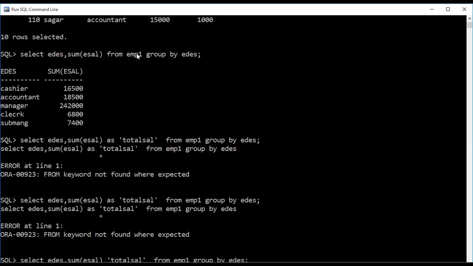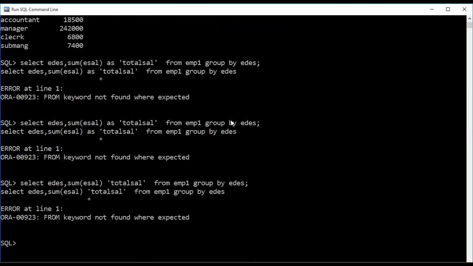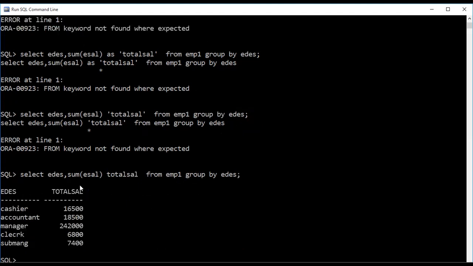Some versions support some types of syntaxes, so maybe this version is not supporting this syntax. Simply write the name by giving a space and a new name, as I told you earlier. So what are you getting here? Total salary. So this syntax is not working in this version. If you want to rename any column temporarily, write SUM(e_sal), a space and the new column name, and that will appear here.